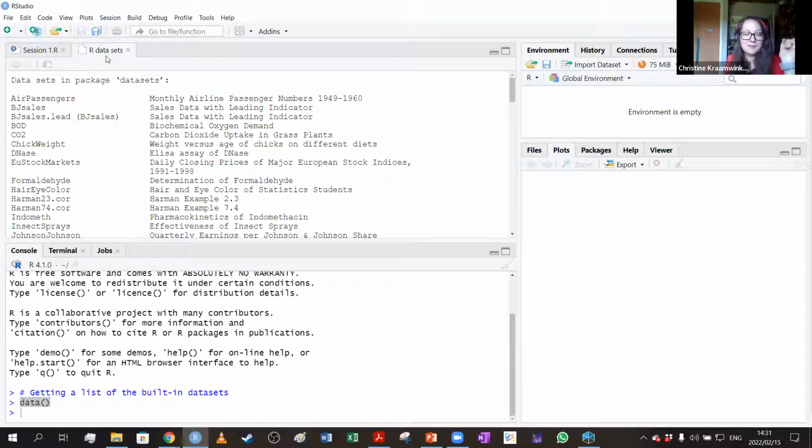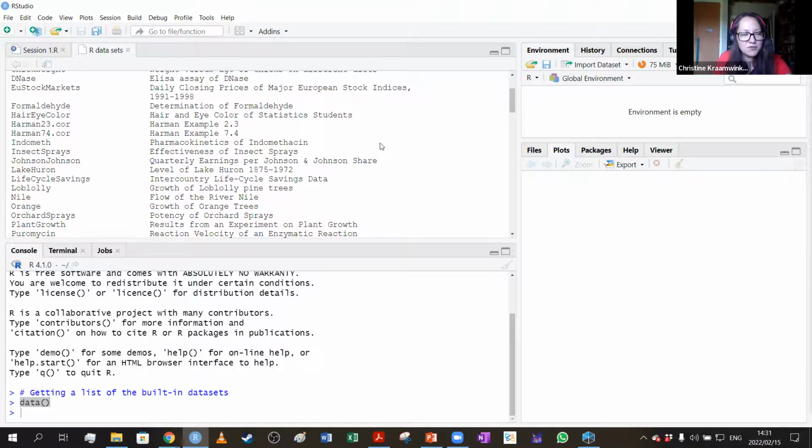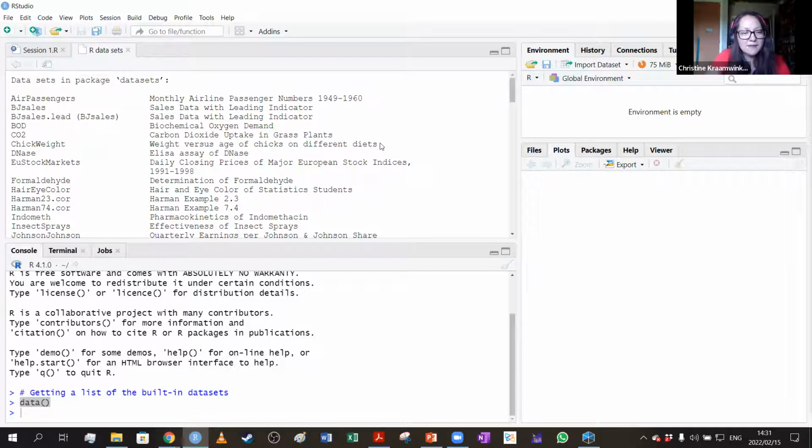Now, a little trick, which is shown in that Mac video, is if you want to just view that window with the R data sets, just to see a little bit better what is available, you just press Control-Shift-1 on your keyboard. And that usually works, but for some reason today it does not want to work. Very odd. But normally that would make this a full screen thing.